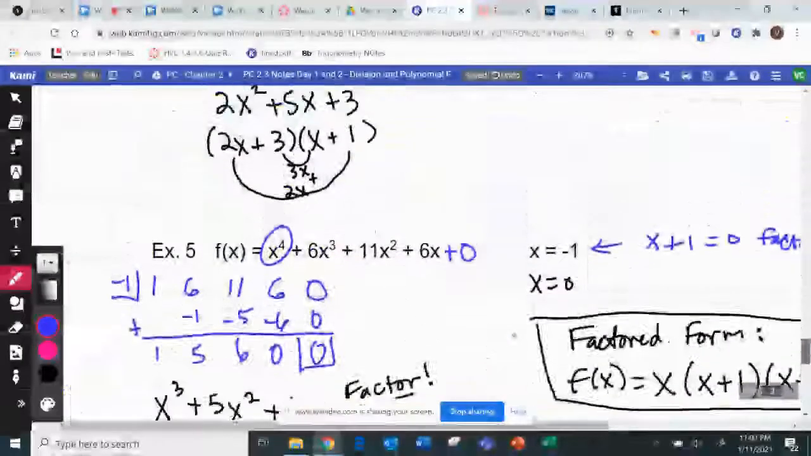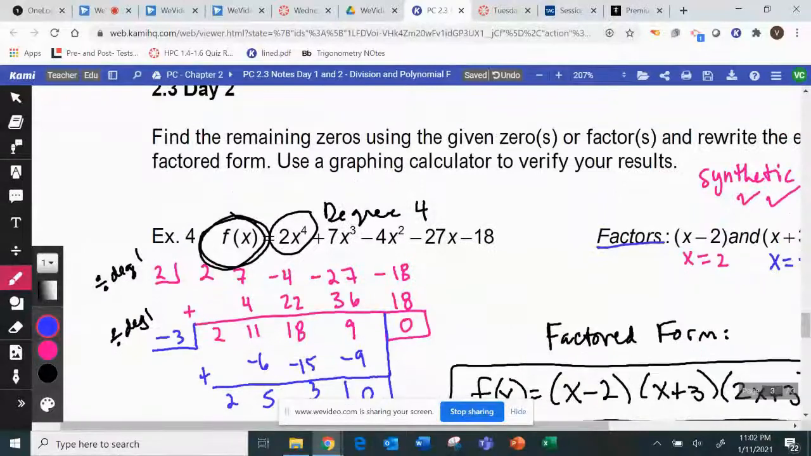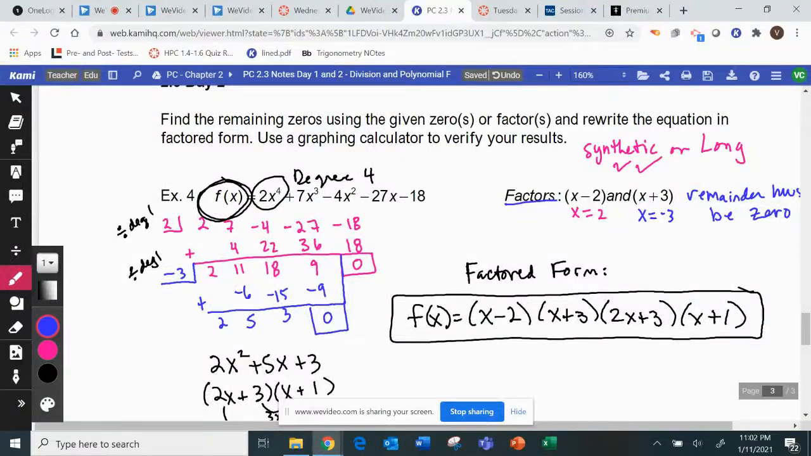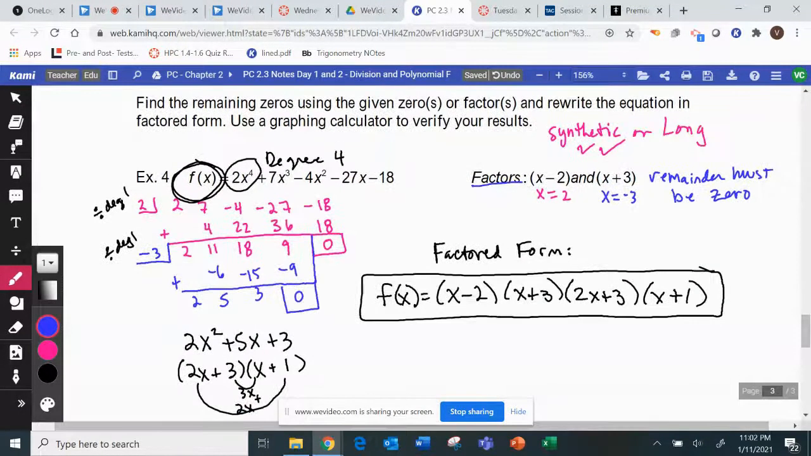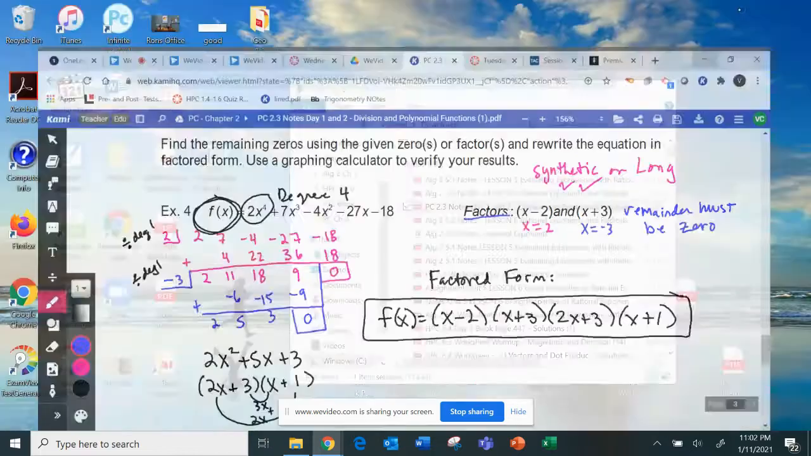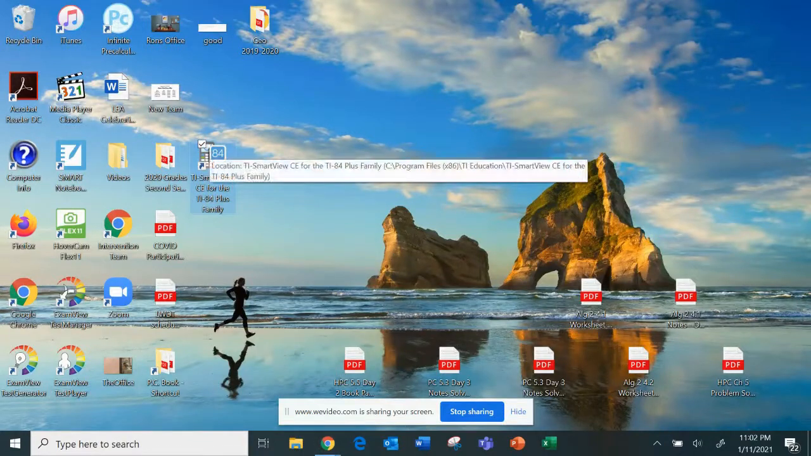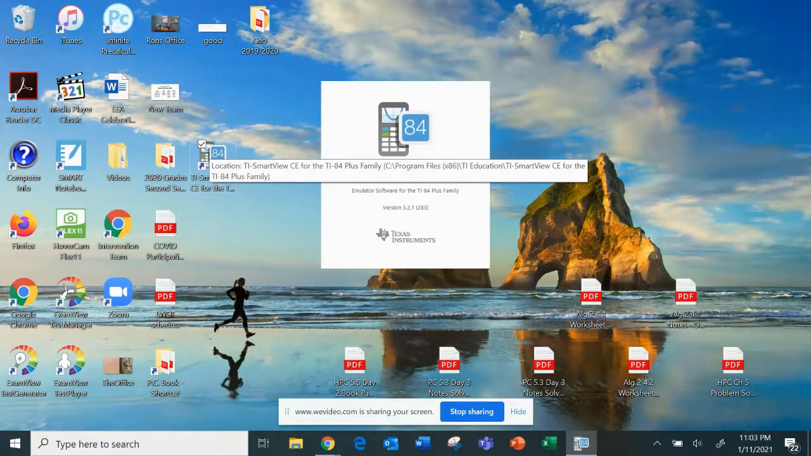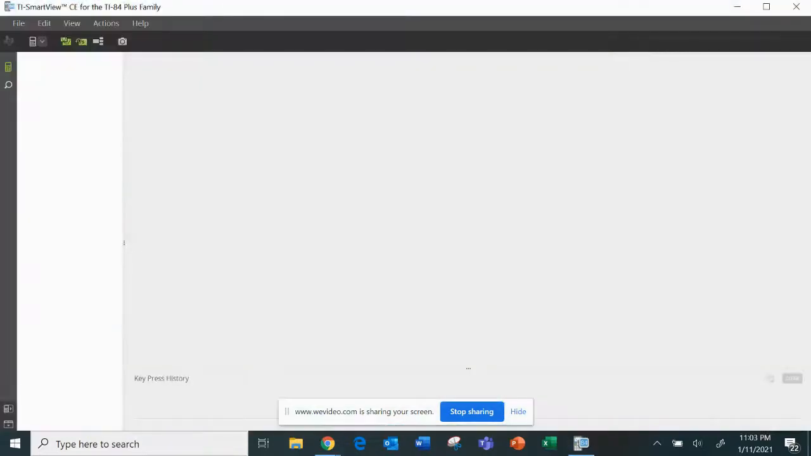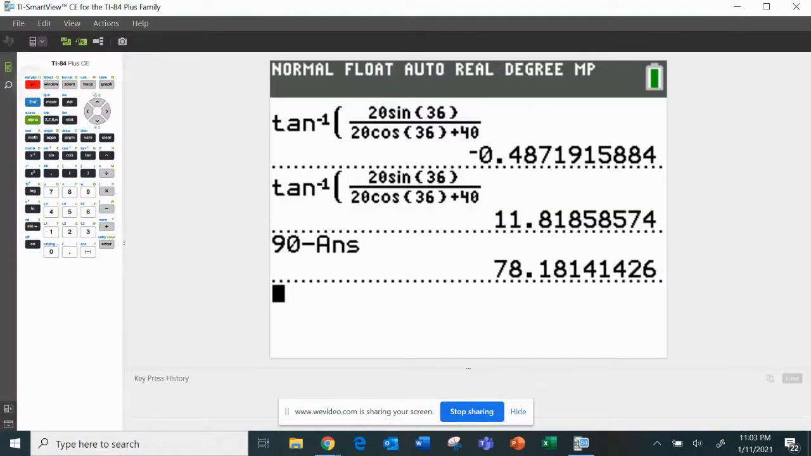Now it says to use your graphing calculator to verify your results. I cannot tell you how many people just don't do this and then get wrong answers. There are a number of different reasons why they get wrong answers, but you gotta check your answers. So let me pull out my graphing calculator. I'm not going to do all of them because it just takes me forever to type it in on the computer. It's just so slow. But just to do one of them for you,